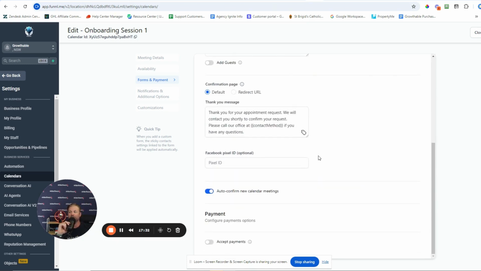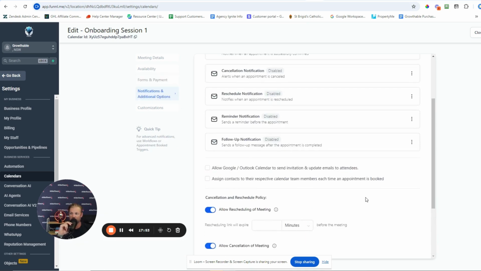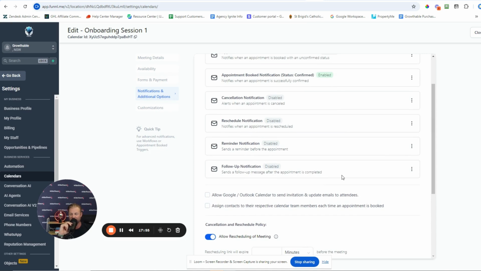Of course, you can then use pixels, which will be great for telling your Facebook conversions API who's actually converting successfully, and then getting better return on your ad spend as a result of that. Of course, auto confirm new meetings. I think that's pretty self-explanatory. And as we get to notifications and additional options, we're going to get deep here. So,